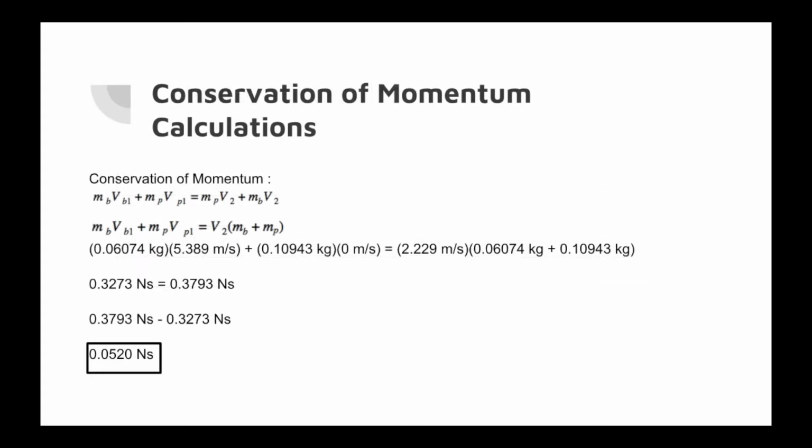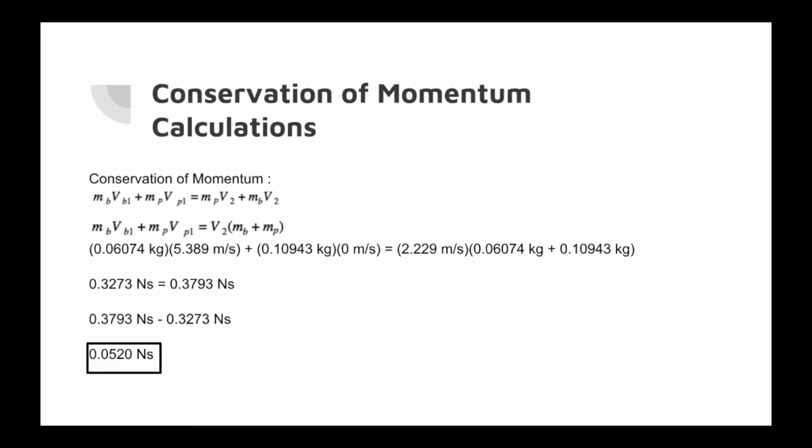We calculated the conservation of momentum, which theoretically should equal zero, by multiplying the mass of the ball by the velocity of the ball right before the collision, and adding it with the mass of the pendulum bob times the initial velocity of the pendulum to find the initial momentum, and set it equal to the final momentum, which was found by adding the mass of the ball and the mass of the pendulum, and then multiplying it by the velocity of the combined objects right after the collision. We then subtracted the initial momentum from the final momentum to find the change in momentum, and we got 0.0520